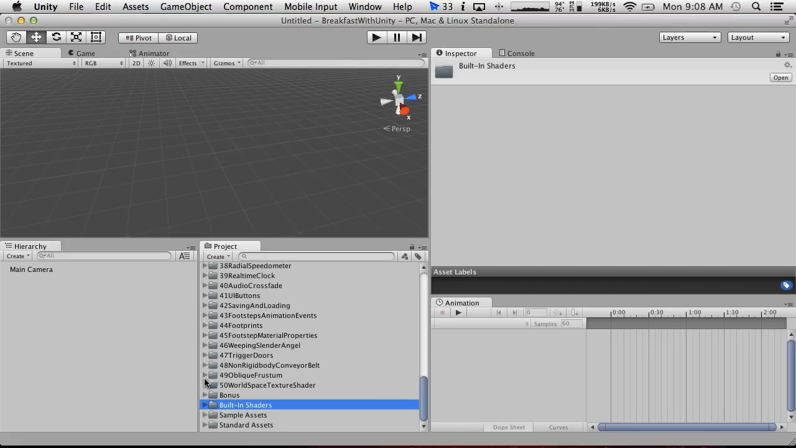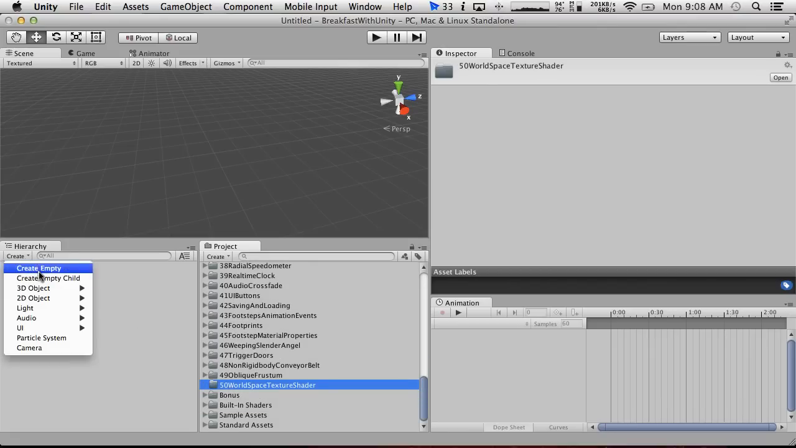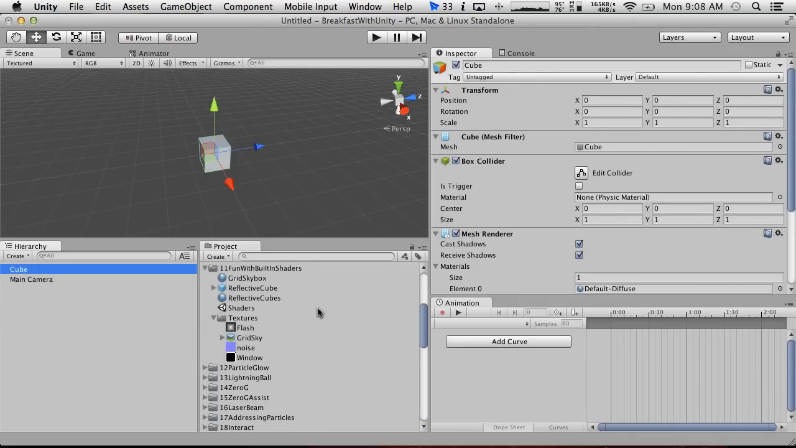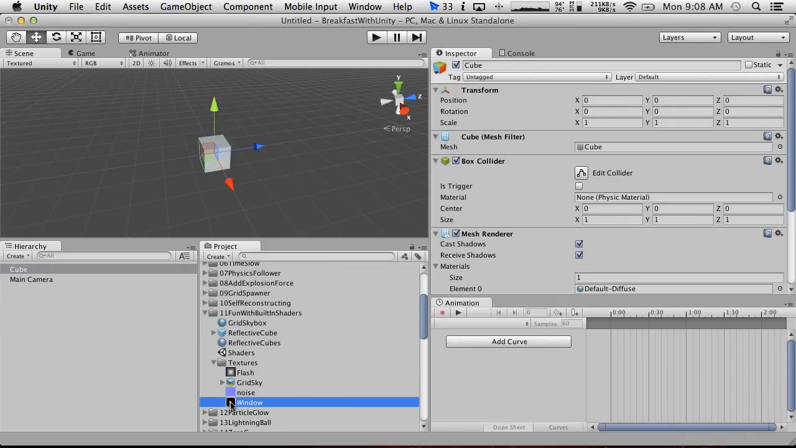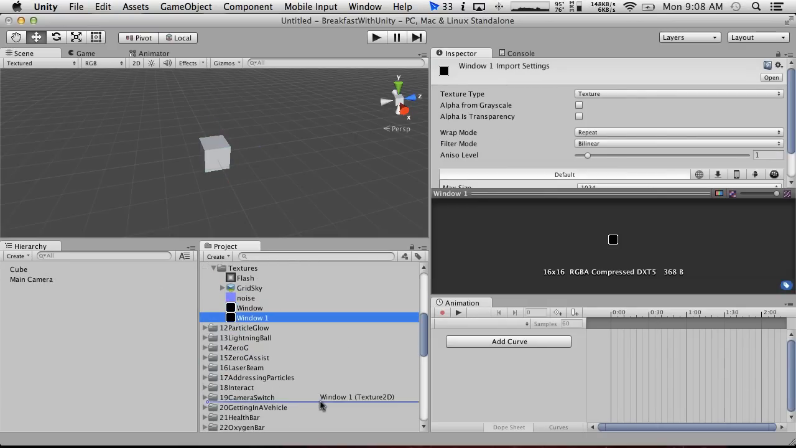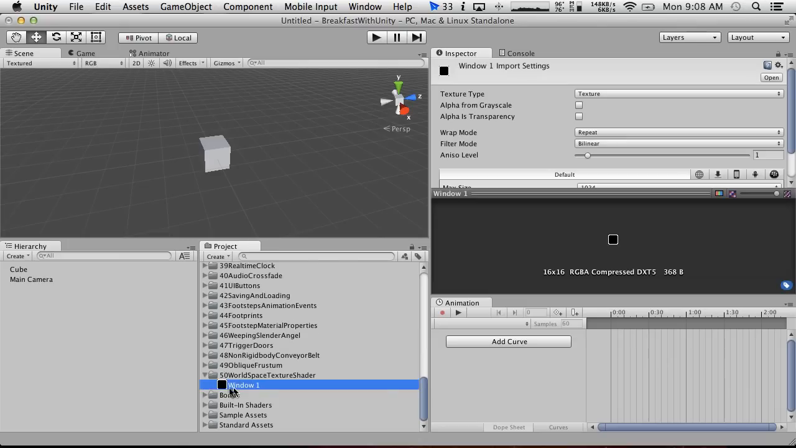So what we're going to be doing is world space texture mapping. If I create a cube right now, and we put some sort of texture on it, I'm just going to grab something we've already used. I'm going to grab this window from Fun with Built-in Shaders, I think. Let's duplicate this and put it into our project. So we got this window one. And if we were to put this on